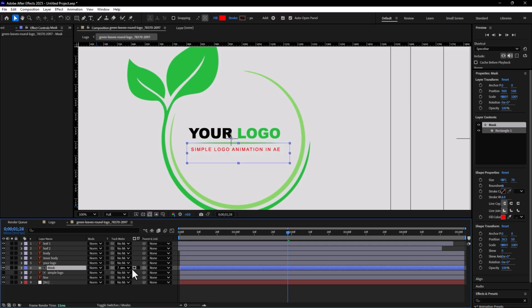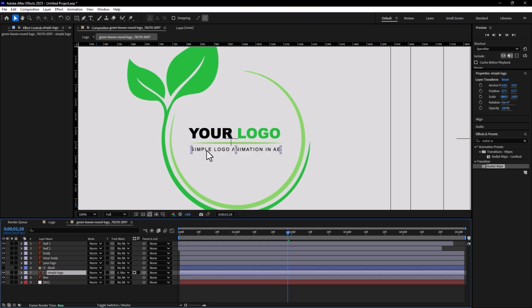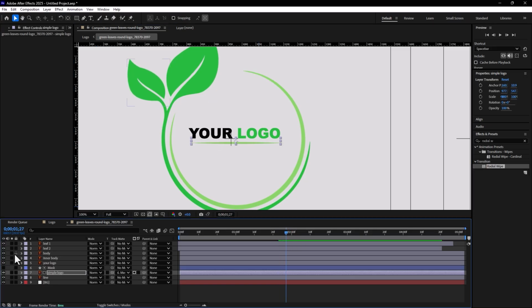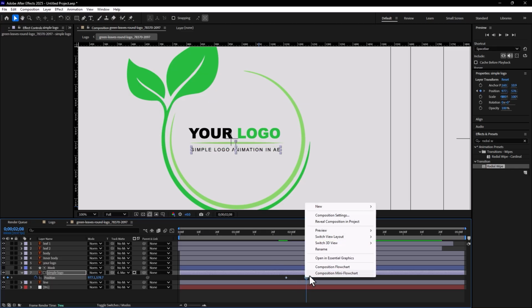So if you click here, we can hide. So select normal, select simple logo, select mask. And now move the simple logo. You can see it hiding. It means you can animate after line completion. Press P, stopwatch, 1, 2, 3, 4, 5, 6, 7, 8, 9, 10 frames. Move the item here and right click, make